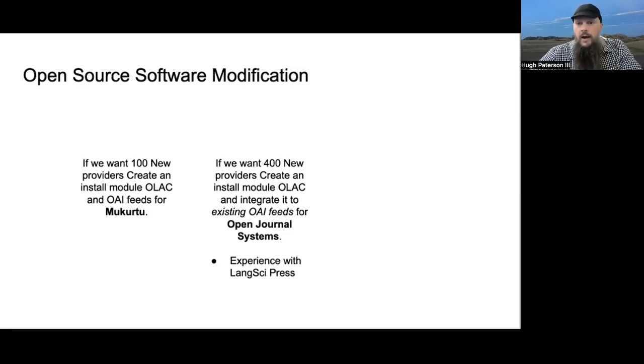And if we had a collaboration with OJS, which does provide an OAI feed, but to integrate the OLAC metadata, right? At OAI, it's using the Dublin Core stuff already. There's a mapping already in the software. There's just some additional fields that need to be there, and map that to their publication process. Then publishers like Langsci Press could publish their materials directly, an announcement about their materials or an aggregation of their materials directly to the OLAC service